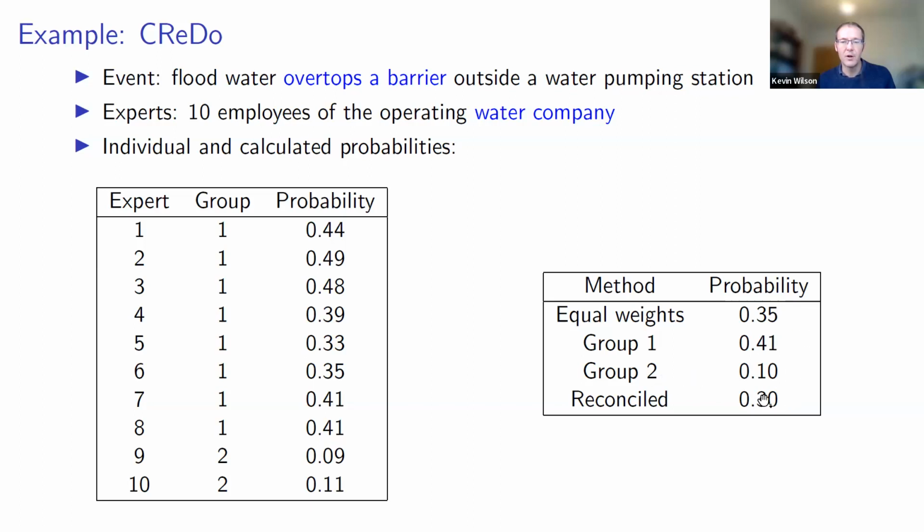So you'll see it's a bit lower than if you just take the average, and that's because we have correlated experts within each group. Essentially, the reconciled distribution is more evenly weighting the 2 groups than it is evenly weighting the 10 experts. So it's essentially saying the 8 experts in the first group are highly correlated with one another, so we give that slightly less than 8 out of 10 of the weight, is a way of thinking about what's happened there.